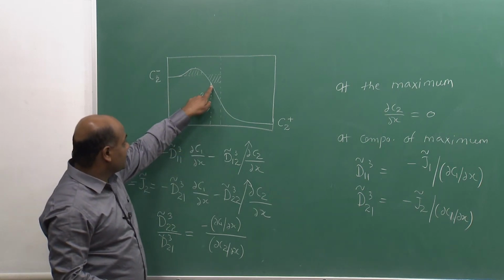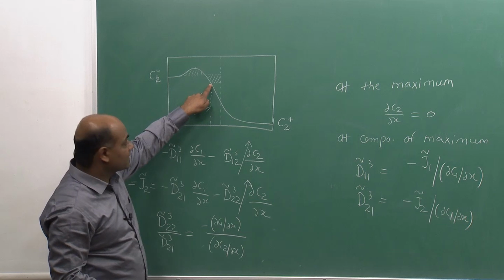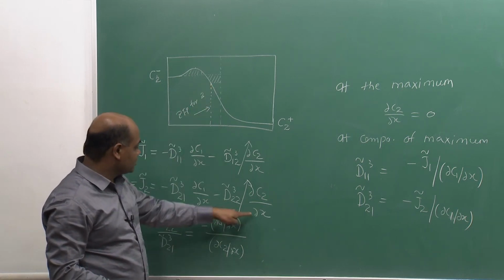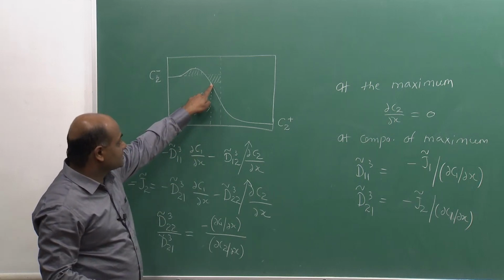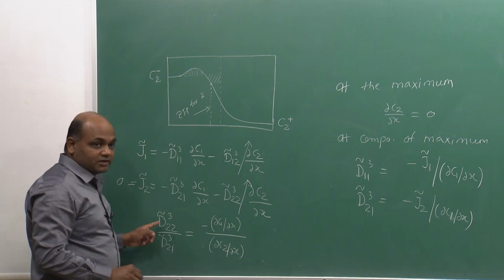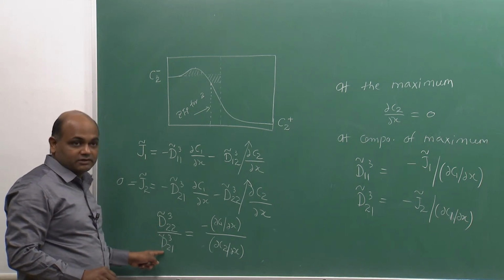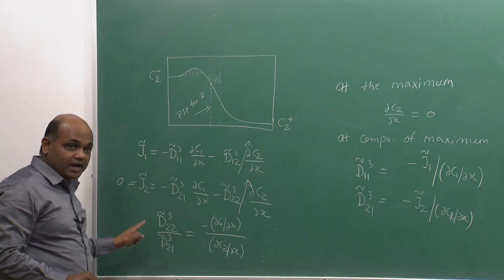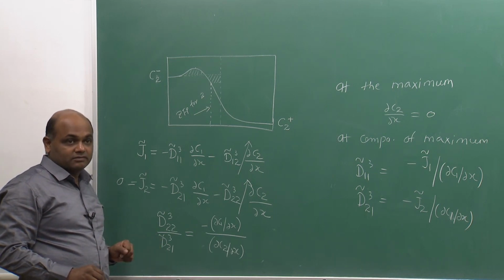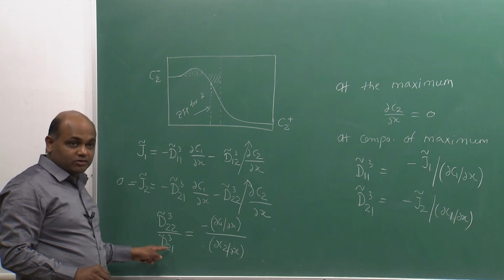Remember, the gradient is 0 at the peak, not at the ZFP. Okay. So, at ZFP both 2 and 1 would have developed some gradient, and so we can get the ratio of main coefficient to cross coefficient. This gives a good idea about how significant the interactions are, because if the interactive coefficient is